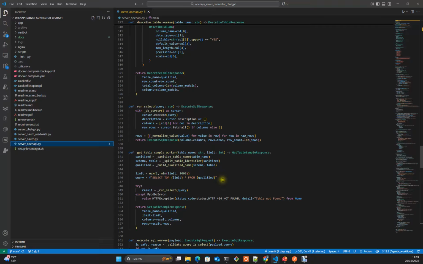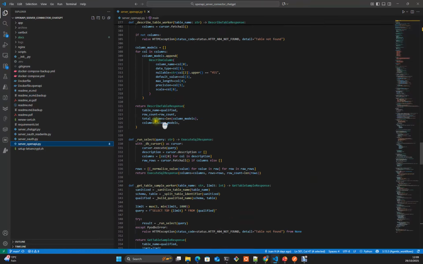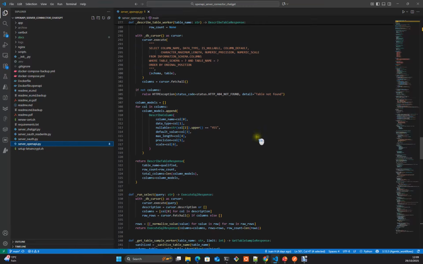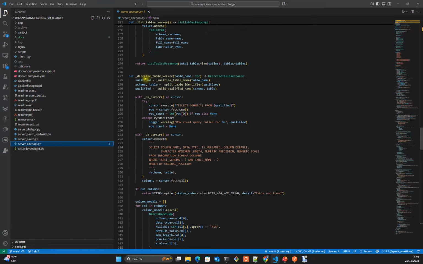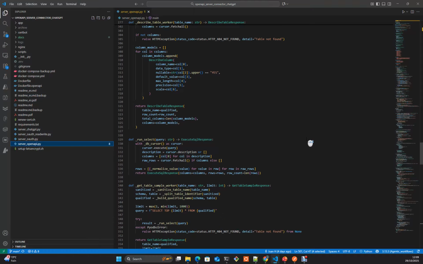These are the final methods that are executing the query on the database and returning later the data. As you can see here, we are expecting, for example, describe table worker, we expect a parameter and we return one of the schemas that we have defined at the top of this script.